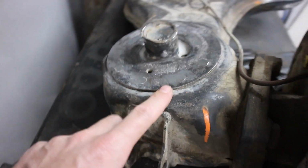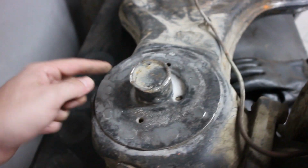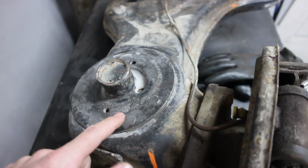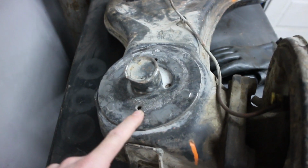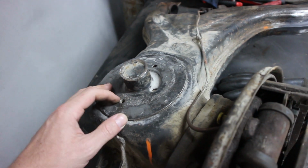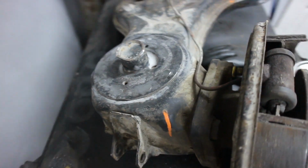I also have some seam sealer left, which I want to just put in here, because I think that the main issue is with these plates, those are alignment holes for the factory to weld this plate on, and there goes the mud and dust and everything inside, and that peels it off. So I guess I just fill these holes in with some seam sealer and also the edges around here, and